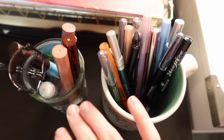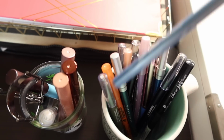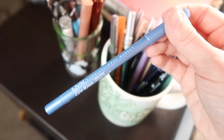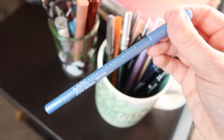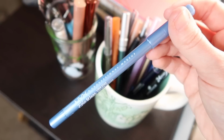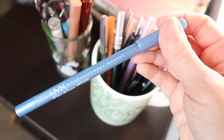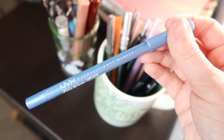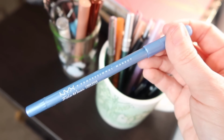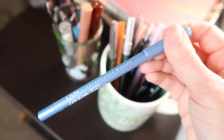And then for my last two categories, I have my eyeshadow crayons and my eyeliners. The eyeliner I want is this one. This is the NYX Epic Wear Liner Stick in Chill Blue, another great snowy, frosty sort of color. I think that'll go great with my two eyeshadow palette picks for this rotation. I also think this will go well with my Project Pan Single Shadow, that bronzy color from Natasha Denona. I think bronze and light blue go really well together, so I want to do at least one look